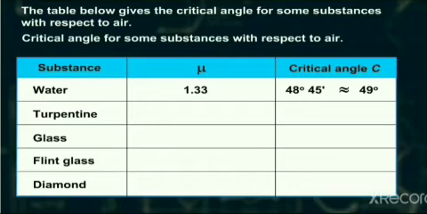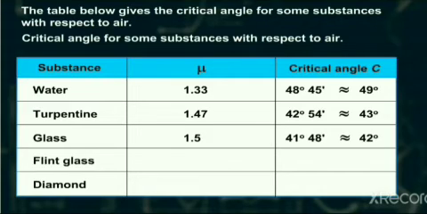Refractive index of turpentine is 1.47 and its critical angle is 42 degree 54 minutes, which is approximately equal to 43 degrees. The refractive index of glass is 1.5 and its critical angle is 41 degree 48 minutes, which is